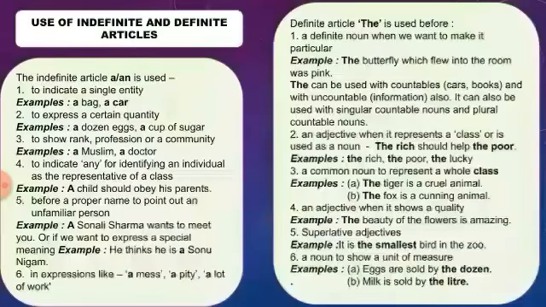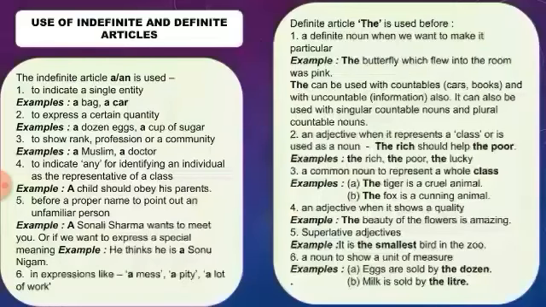And in the second example, he thinks he is a Sonu Nigam. So here he is the main person, and we can say like this, he thinks he is a Sonu Nigam. 6.1 in expressions like a mess, a pity, a lot of work. So you can also use the indefinite article a or an in your expressions. For example, a mess, a pity, a lot of work.